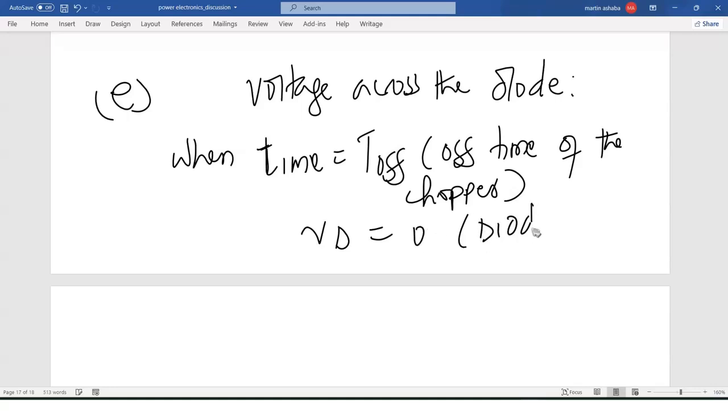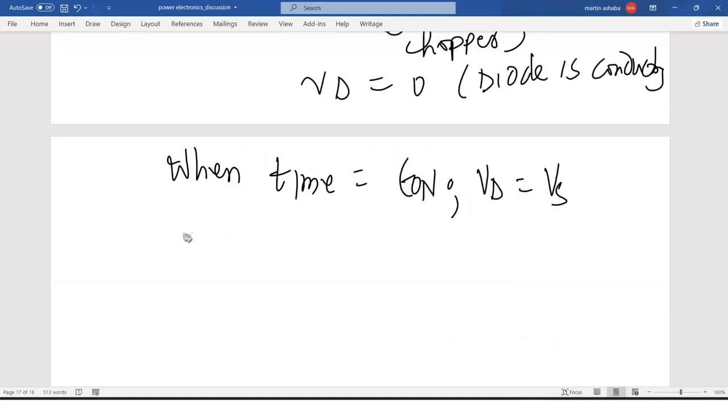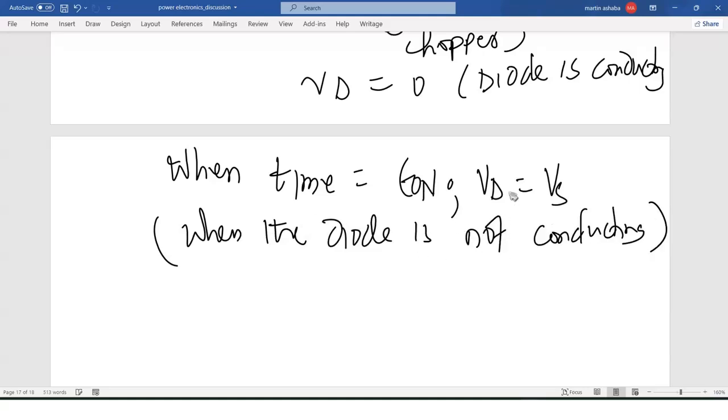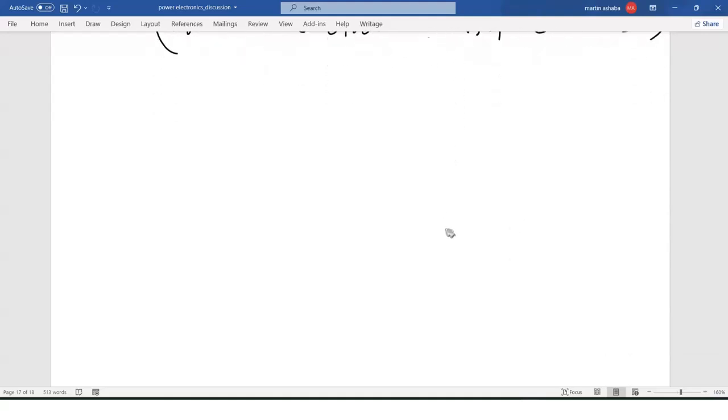The diode is conducting. Then when time is equal to Ton, Vd is equal to Vs. That is when the diode is not conducting, and the voltage supply appears across the diode because they are